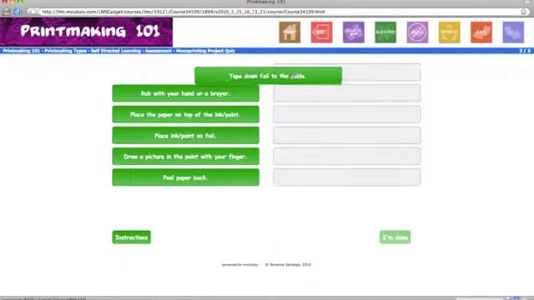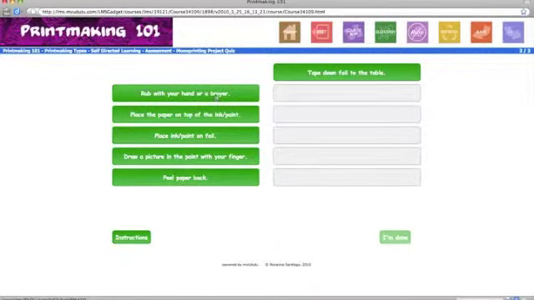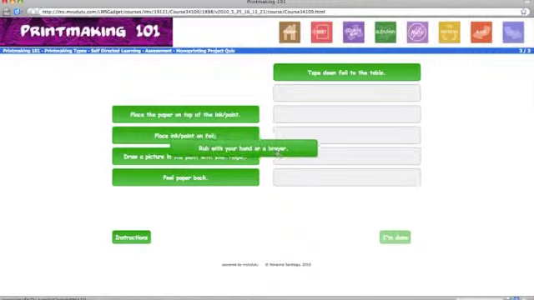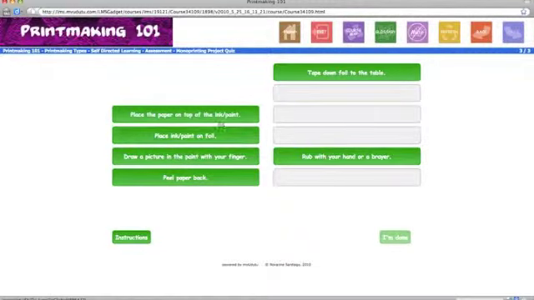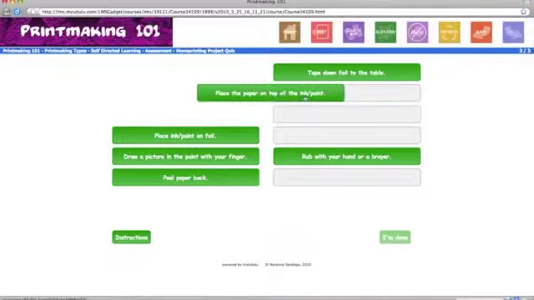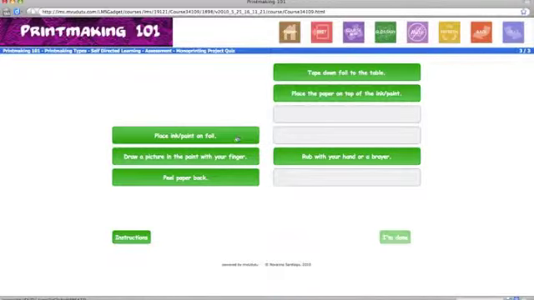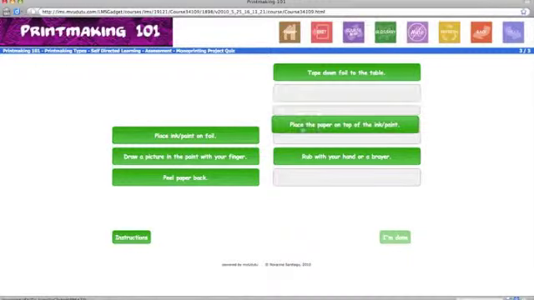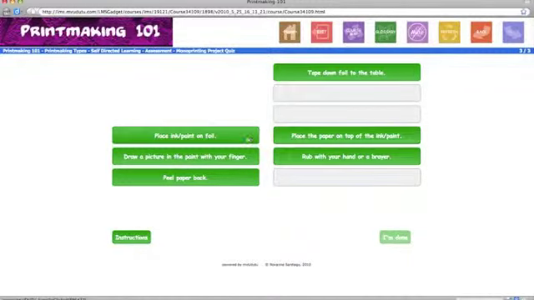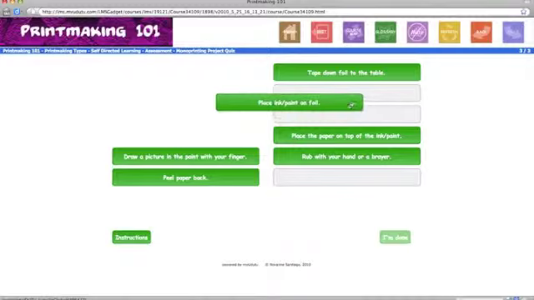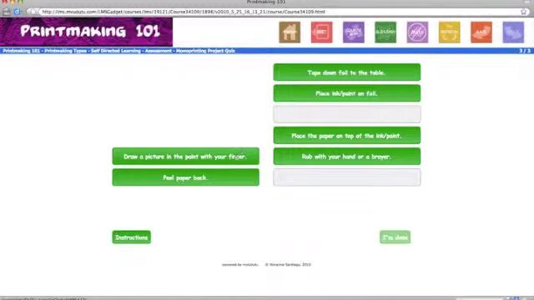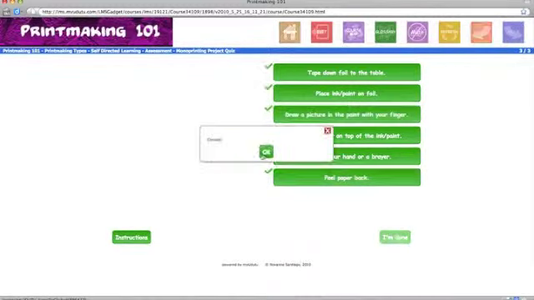The Monoprint quiz prompts the students to place the steps in order to show how to create a monoprint based on the project screen. If the order is not correct, the student will be sent back to the project video for monoprinting. If the answer is partially correct, then they will have another chance to place the steps in order. If the steps are sequential, the student may advance to the next screen, which is the Stencil Project Quiz.